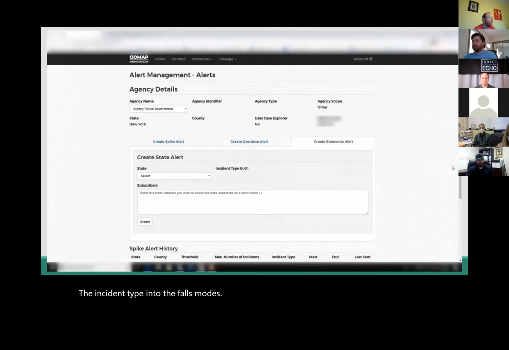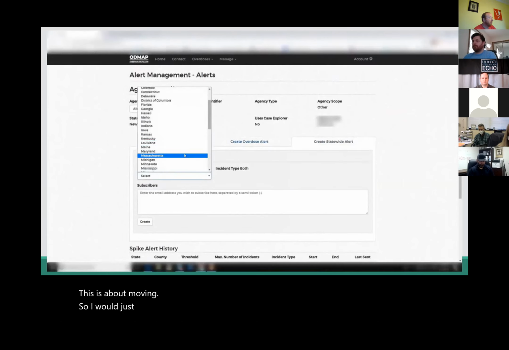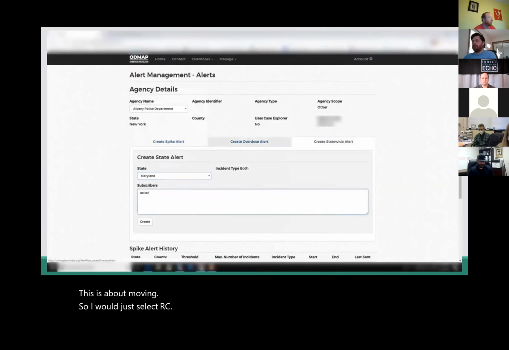The threshold is also set to be automatically updated by default, and this cannot be changed, and it is utilizing that standard formula of 2 standard deviations above the mean. So we would just select our state of interest, enter in our subscribers, and then click create.